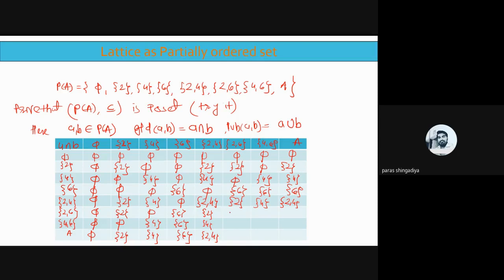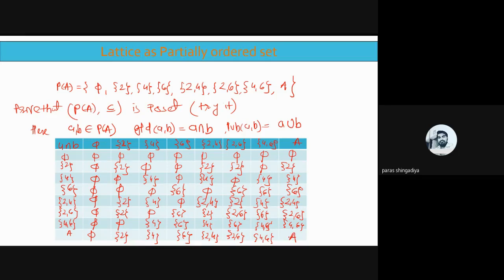Clear? And now 2 6 with 2 6 का intersection होगा 2 6, 2 6 with 4 6 का intersection होगा, that is a 6 is a common there, तो answer is a 6, and यहाँ पे आएगा 2 6. Clear? क्योंकि A में भी 2 6 involved है, that is a singleton 6, and here it is 2 6. And now 4 6 with 4 6 का intersection होगा 4 6, 4 6 with A, that is a 4 6 itself, and here it is a 4 6, and A intersection A, ठीक है, last entry is there A with it intersection A itself, so answer is only A.